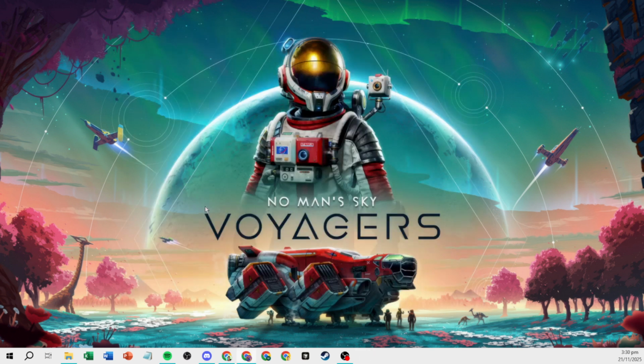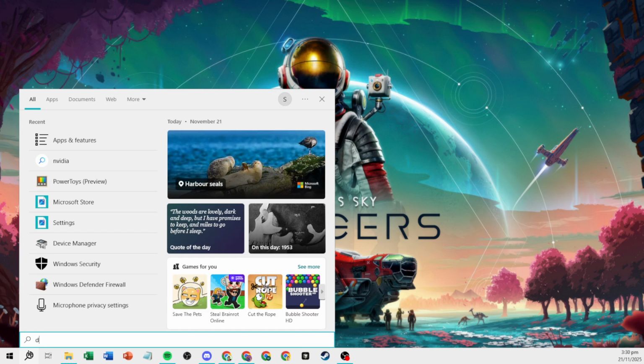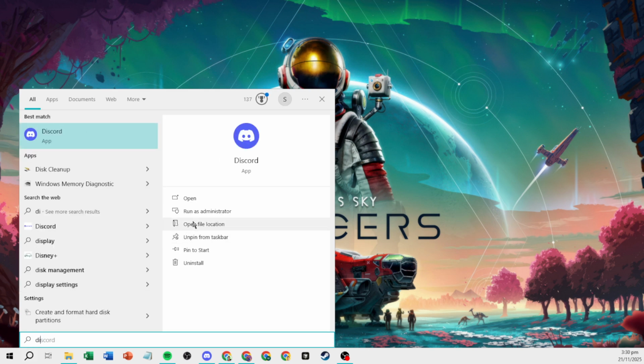After you've reinstalled Discord, or if you just cleared the cache and it didn't resolve the issue, it's recommended to try running Discord with administrative privileges. Simply right-click on the Discord icon and select Run as Administrator. This can give Discord the necessary permissions to operate smoothly and help avoid any further hiccups.